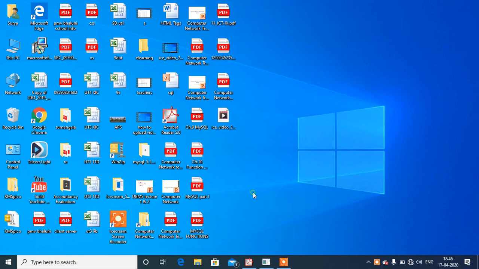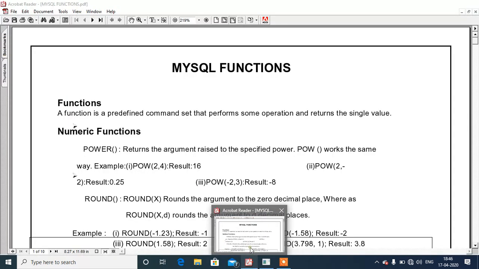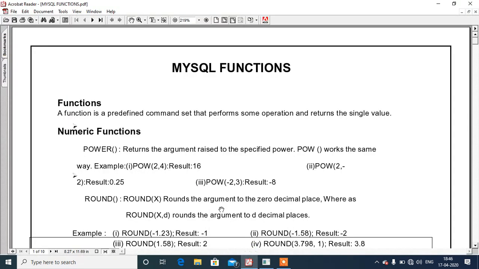12th student. Today we are going to discuss the use of functions in MySQL. So first of all, a function is a predefined command set that performs some operation and returns a single value. Functions are of two kinds.